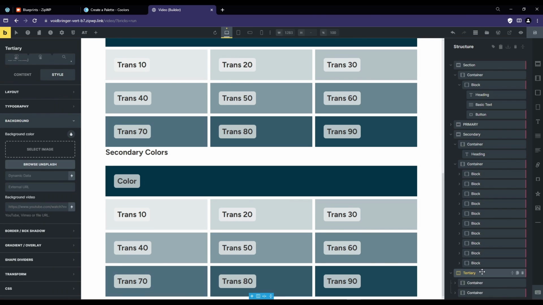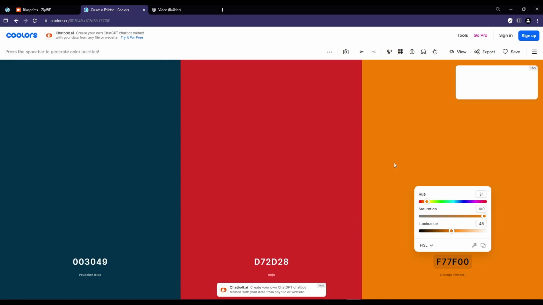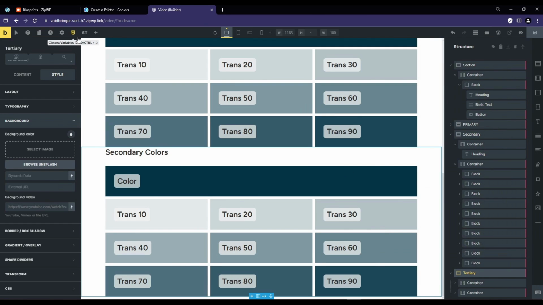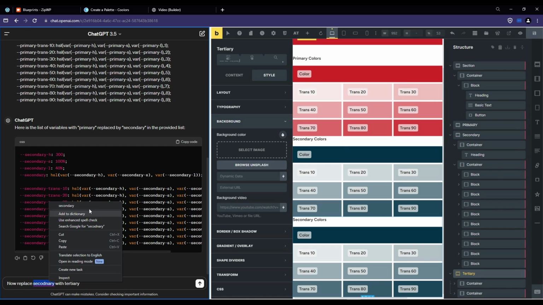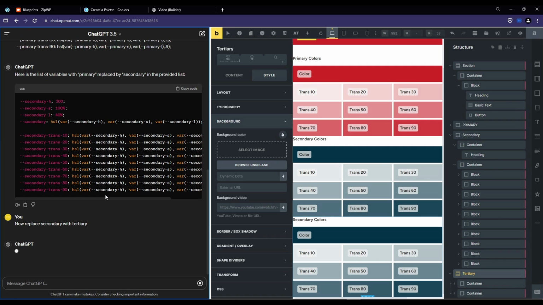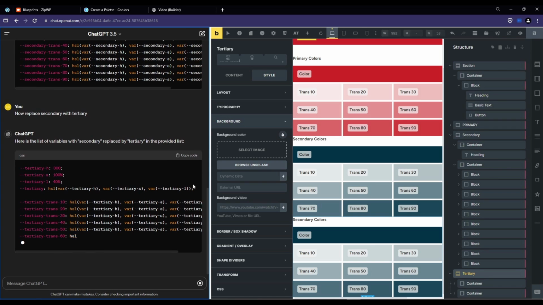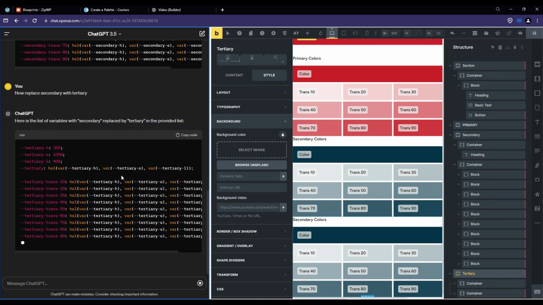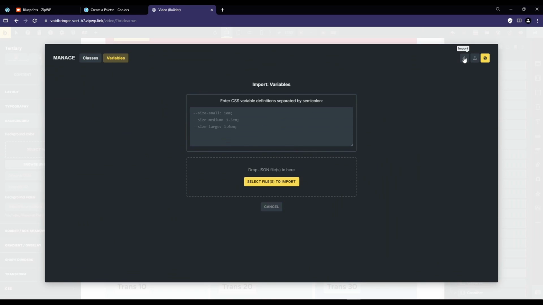So this is going to give us the power to reuse this for other projects because we can just change the HSL value to whatever our colors are. So 31, 148 is going to be our tertiary. Let's go ahead, ChatGPT, now replace secondary with tertiary. And we'll make sure we spell things right. And we'll get our tertiary variables to import. And all we're going to need to change are these HSL values up at the top because everything else is tied to a variable. So we'll copy that, and we will open up our variable picker, import our variables for